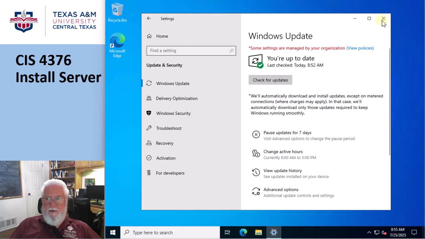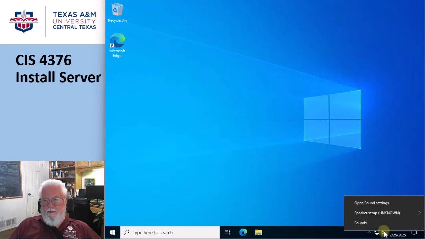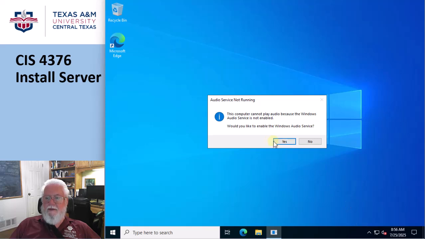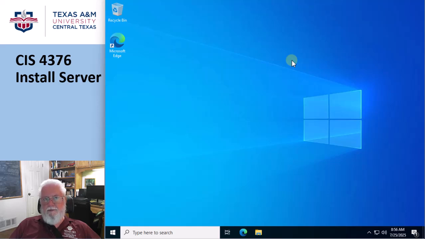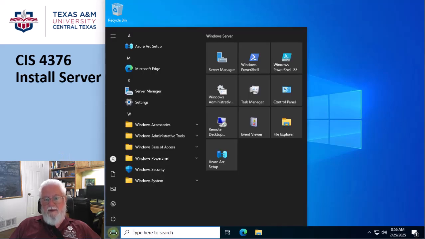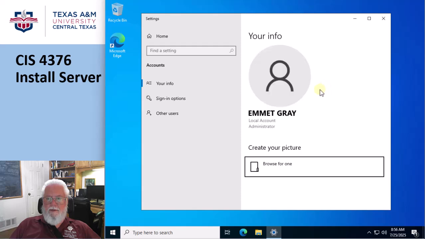A couple of things we're going to do: remember I talked about this little guy for the speaker? If I click on this and go to sounds, it says, hey man, you don't have it enabled. Yeah, I do want it. Okay, cool. So now it just turns the speaker on. It's no big deal. The other thing you can do, which is kind of weird, is the account photos. I mean, that's kind of hamming it up a little bit, right? But what the heck. Change account settings and whether or not you want to have a